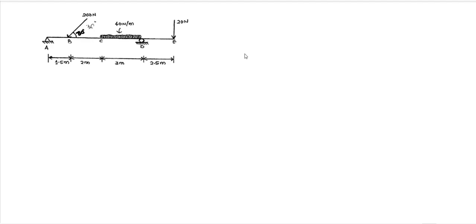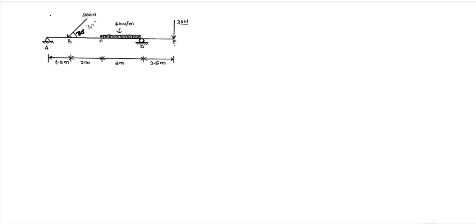Welcome to Adam. Now we have to solve this question, which is based on a SFD-BMD diagram. We have been given that A is a hinge support and at D there is a roller support, and D is an overhanging beam. Between these, it is nothing but an overhanging beam, where there is a certain force which is 20 Newton at